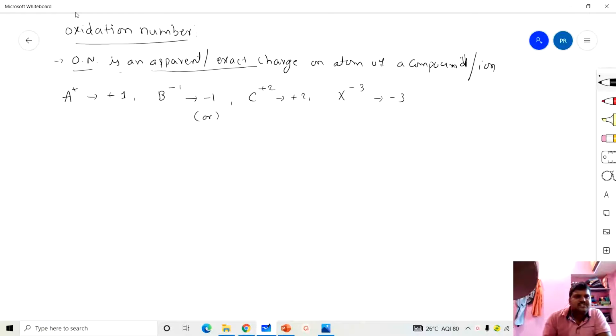One more definition is also there. Oxidation number is also defined as the number